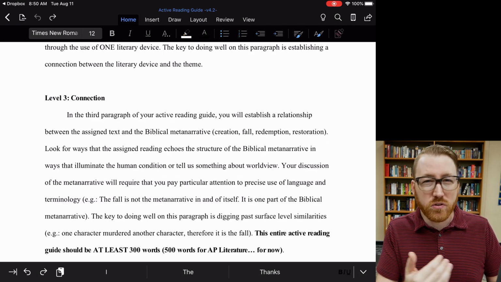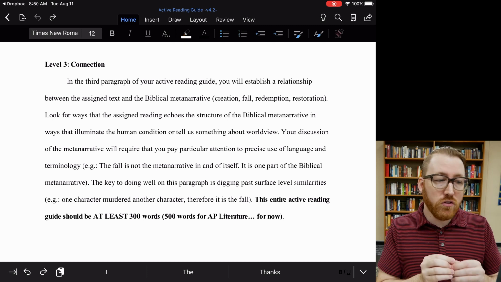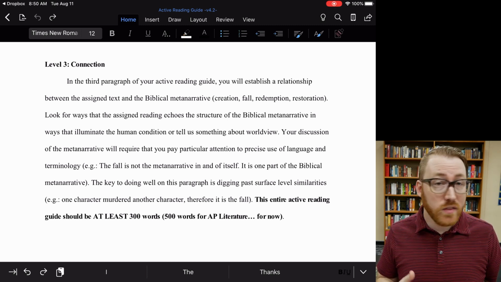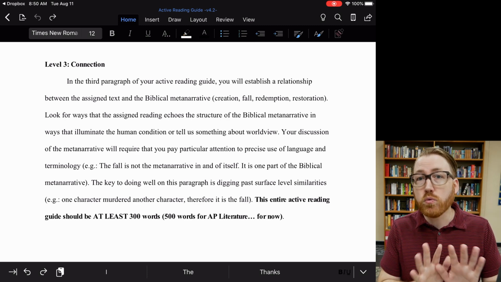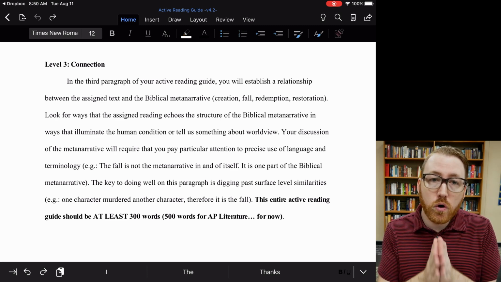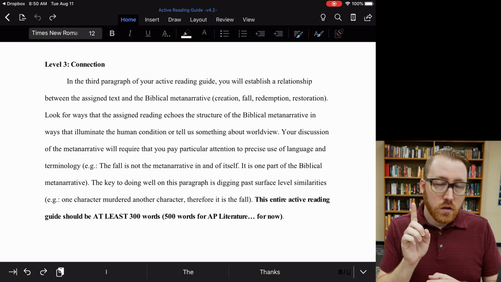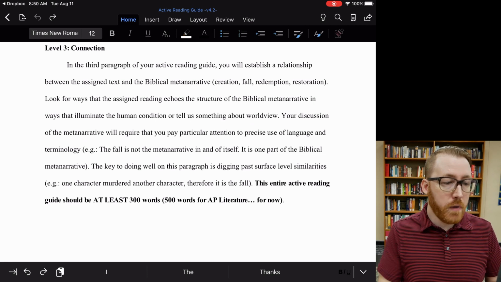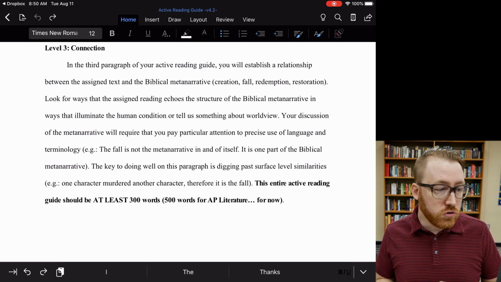Right, then after that, we'll skip a line and we have our level 3 or connection level. That means we're taking our understanding of this text one level deeper and not just talking about what the text means, but how it relates to everything else. There are lots of ways to do this, but for my class, we're going to focus on one really important connection for us. Okay, in the third paragraph of your active reading guide, you will establish a relationship between the